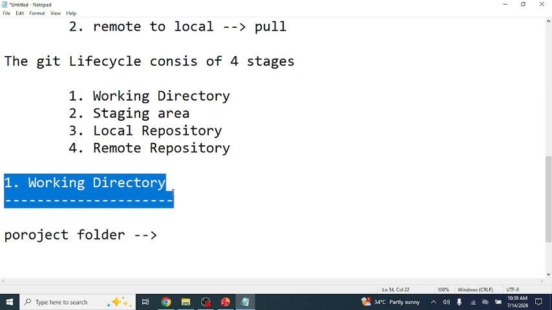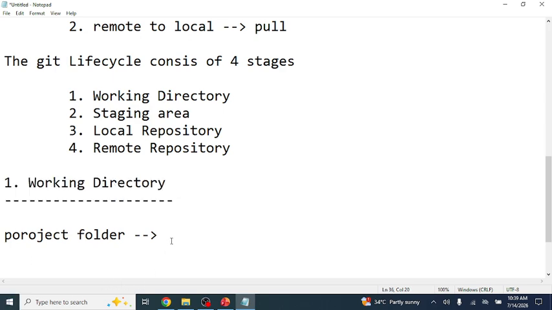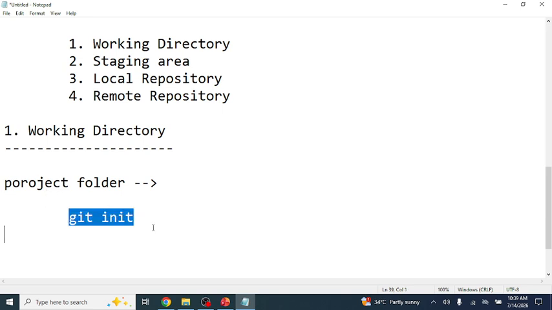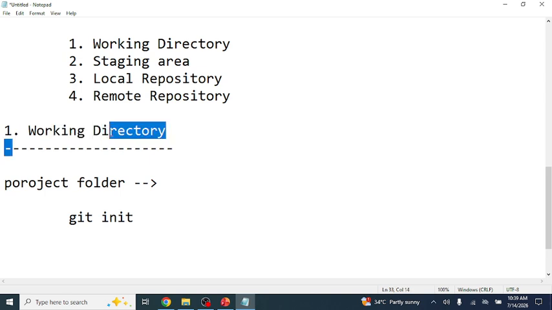If you want to start Git, first of all, we need to type one command. That command is called git init. It is the first command. The command name is called git init. Whenever you enter git init, the local directory is identified by Git. Okay. Now whenever you type git init in the folder,